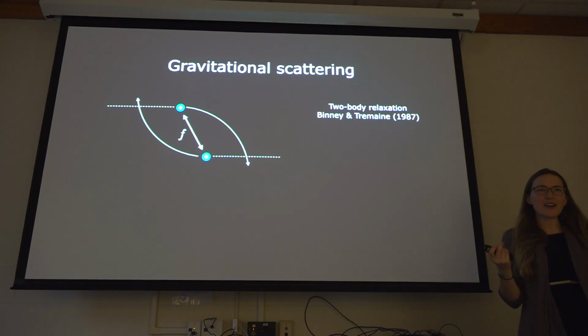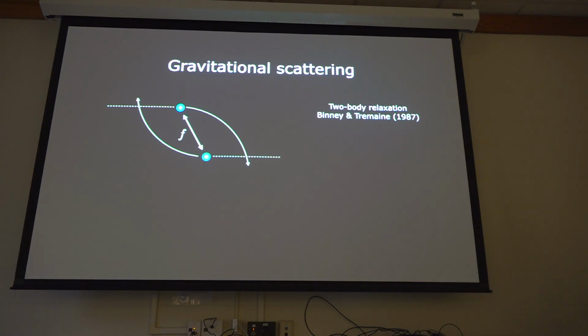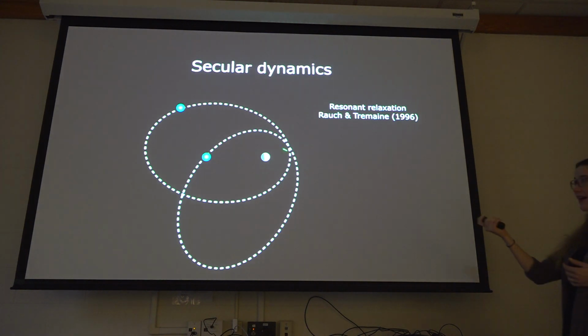So this is a diffusive process. It doesn't lead to violent instabilities. It changes the orbits of particles pretty slowly. And this is not what we're interested in here. What happens when we place these two particles around a massive object, so these could be planets around a star or stars around supermassive black holes, is that they don't just move past each other once, maybe change each other's orbits slightly and never meet again, or if they do, have no memory of what they did before. They're going to be repeating the same orbit again and again around this massive object.